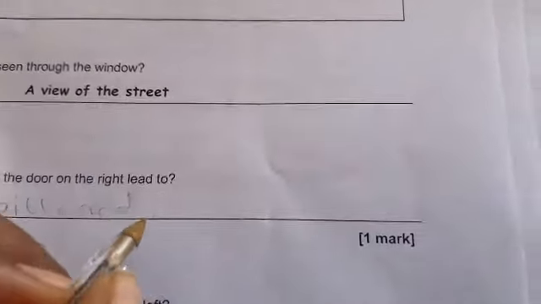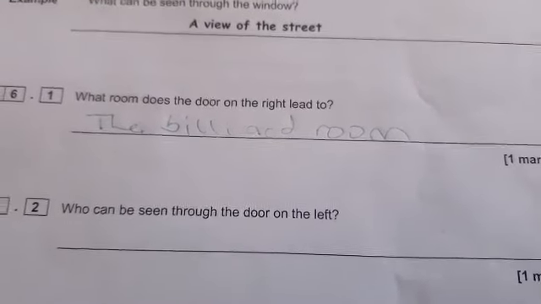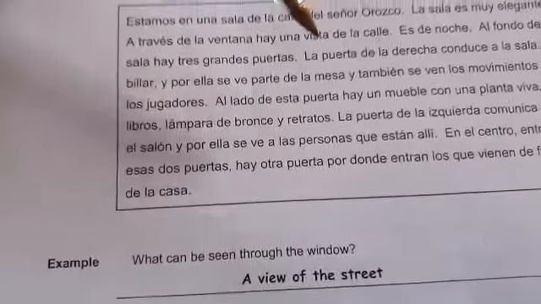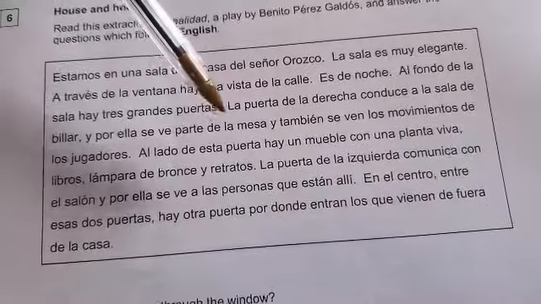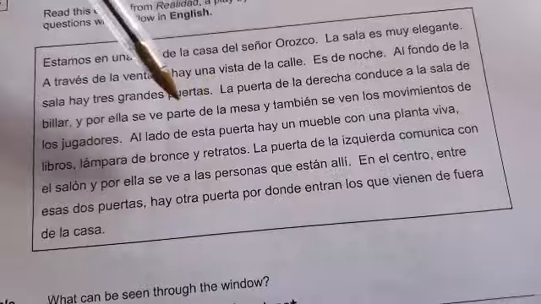The billiard room. Muy bien. Okay. Who can be seen through the door on the left? We know that the word for left is izquierda. Derecha is right. Izquierda is left. So we're going to follow down and look for where it says